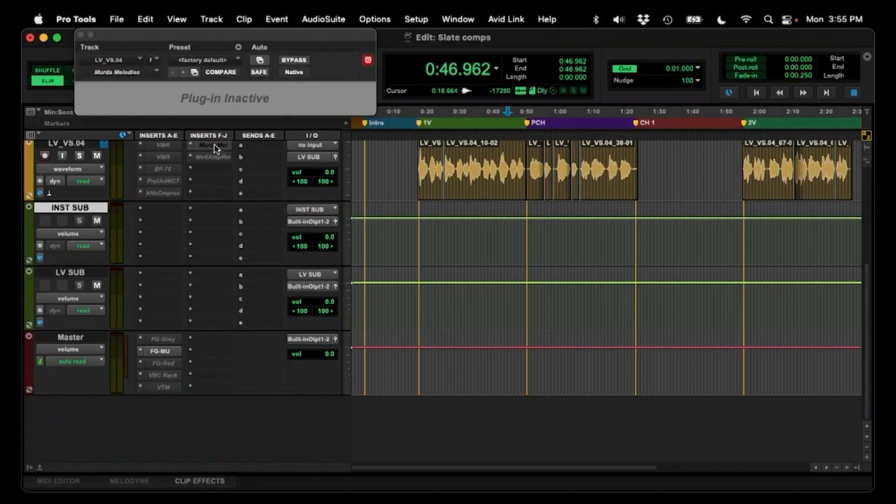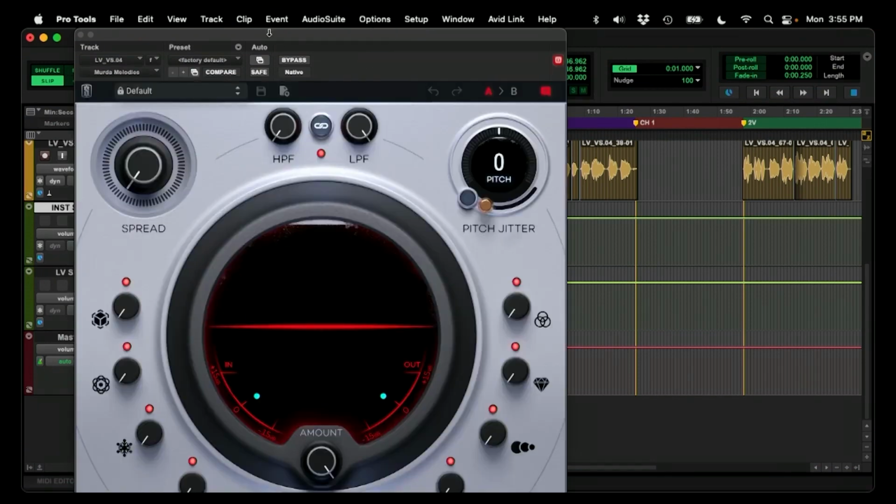Okay, so besides the dynamic stuff like the EQs, the compressors, the stereo compressors, which I covered, that's in the package, here's one that Kendall wants to talk about a little bit. Yeah, it's called Murder Melodies, and it's a really cool multi-effects plug-in that does a lot of modern,